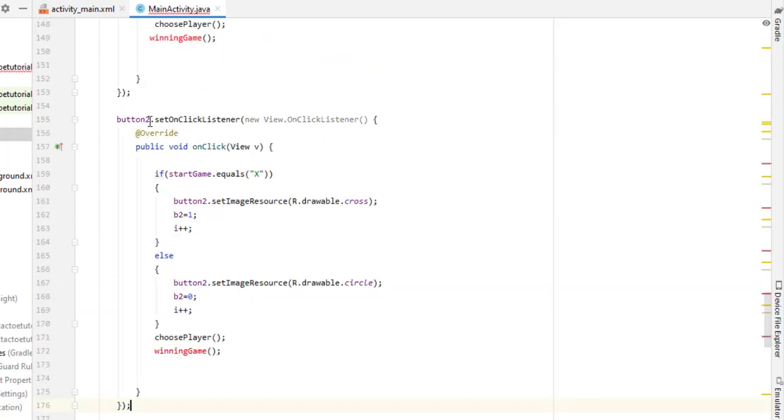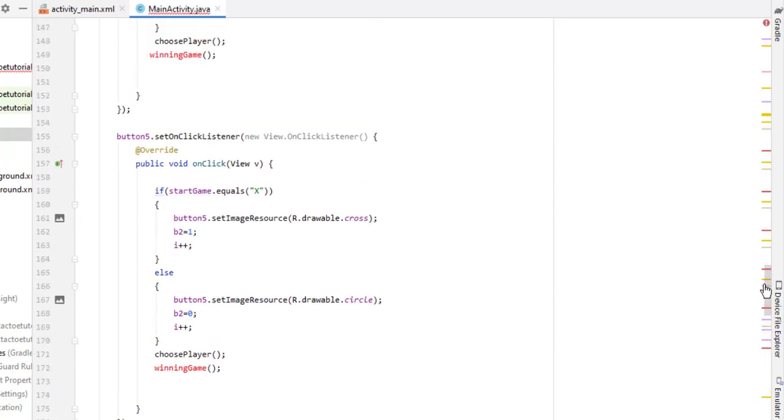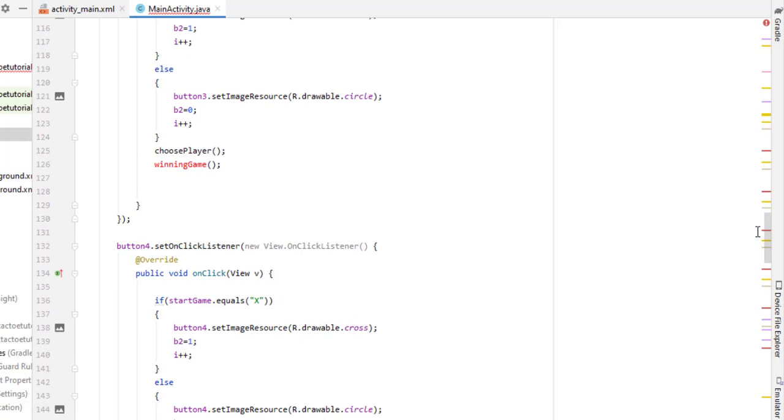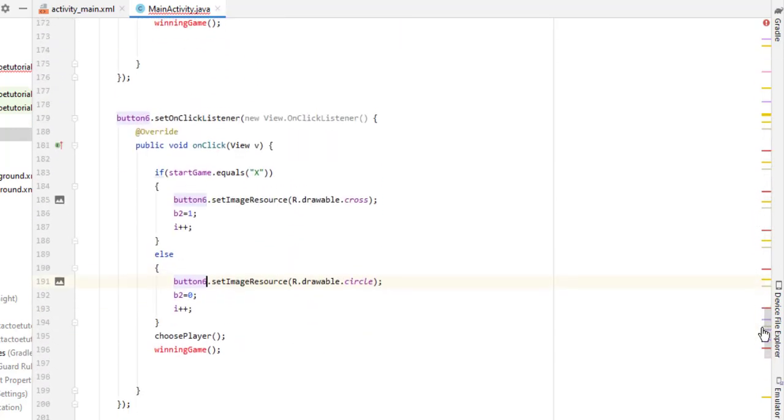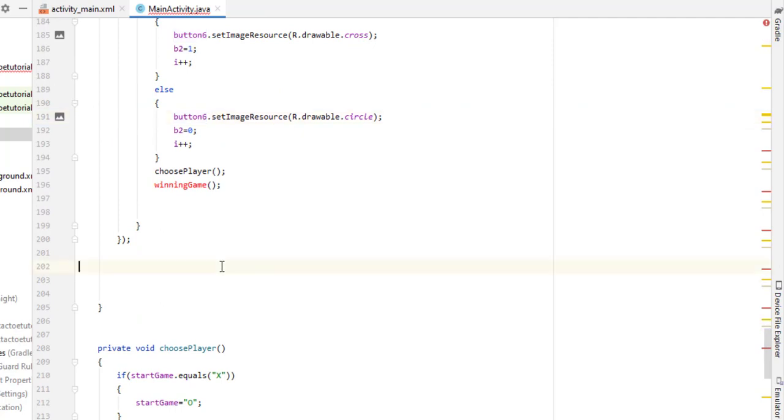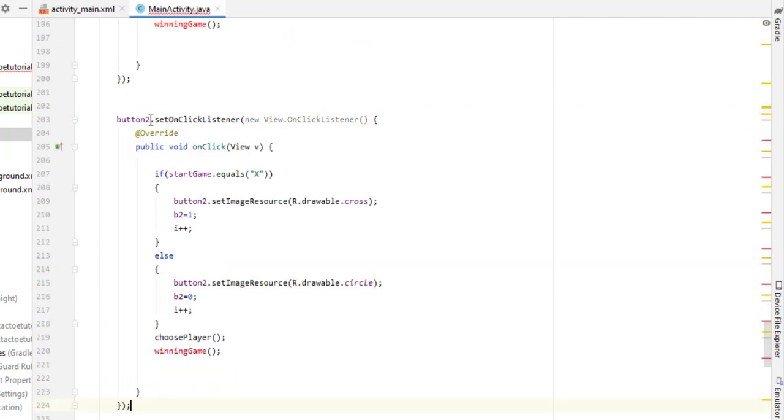Now we have to set 5 button. So I simply type here 5, and also I have to set here 5, and also I need to set here 5. Now copy this, and now I simply type here 6, and also 6. So let me check everything is fine or not. So this is button fine, button 4, button 3, button 2, button 1. So button 6 done. Now button 7. So this is button 7,